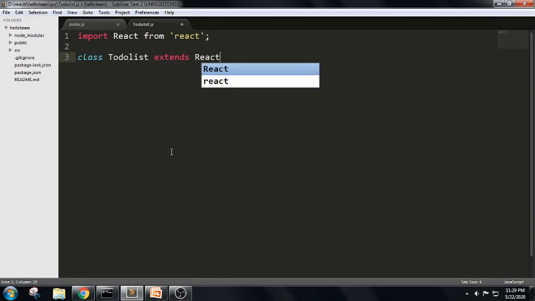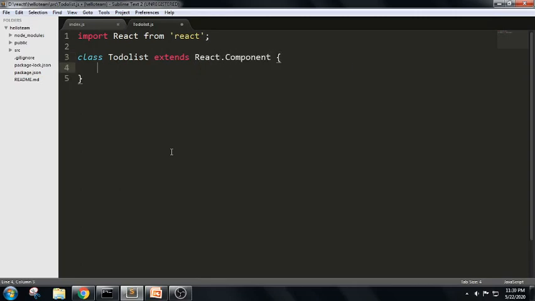So it will inherit all the component properties here. In this ToDoList class, as it is a class component, we use a render method. In this render method, we have a return statement.